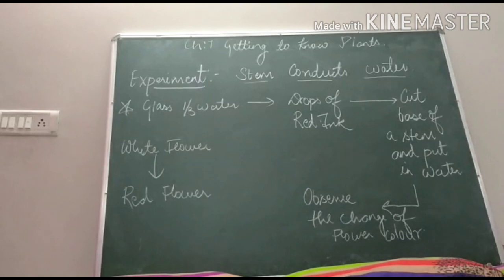इसी स्टेम को पानी के अंदर रखो. आप अगर पानी के अंदर रखोगे तो आप क्या ऑब्जर्व करोगे? What will you observe out of it? आप ऑब्जर्व करोगे change of the flower color. What is that? Initially हमारा जो flower था white कलर का था, अब वो कौन से कलर का हो गया है? रेड कलर का हो गया है. ऐसा क्यों हुआ? जो हमारा फ्लावर वाइट कलर का था वो अब रेड कलर का इसलिए हो गया है क्योंकि